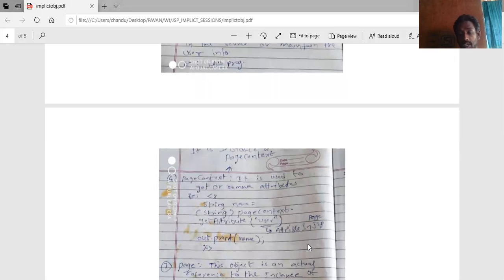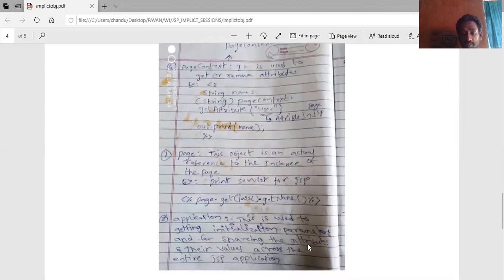Page context object is used to get or remove attributes from the web page. When I want to get or remove the attributes from the page, directly I can use the page context object. Next, String name = pageContext.getAttribute("username"). Username is an attribute in the JSP page.